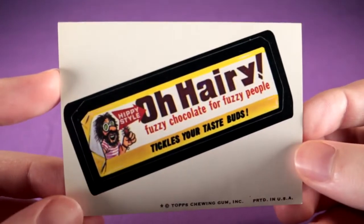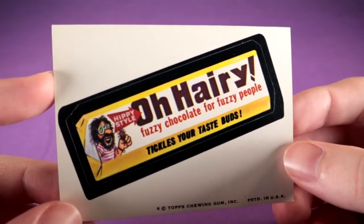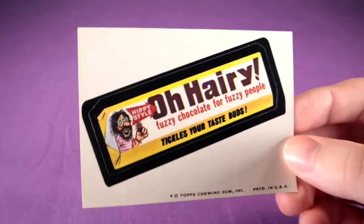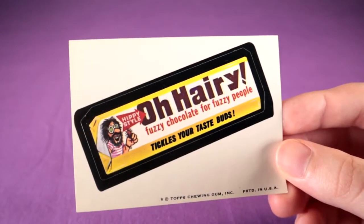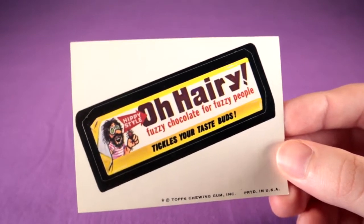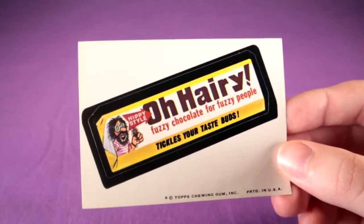It's fun. Up next we got Oh Harry. Fuzzy chocolate for fuzzy people. Tickles your taste buds. Hippie style, yeah. So Oh Harry is a play on Oh Henry, which is a candy bar. I think it's a lot more popular in Canada. I remember when I went up to Canada, I saw a bunch of them. Don't really see them down here anymore. Now we got